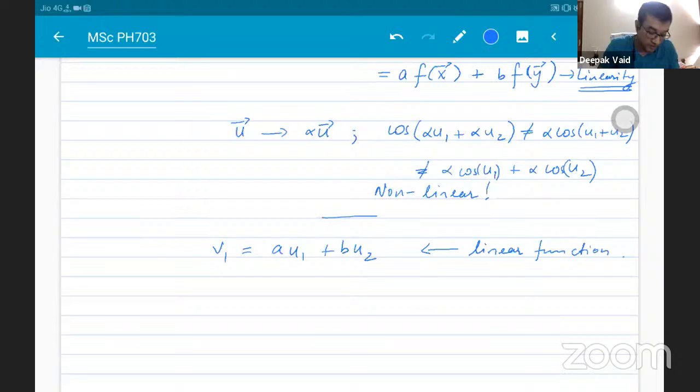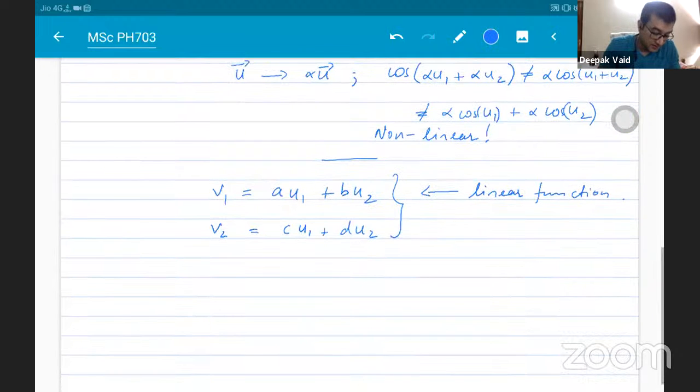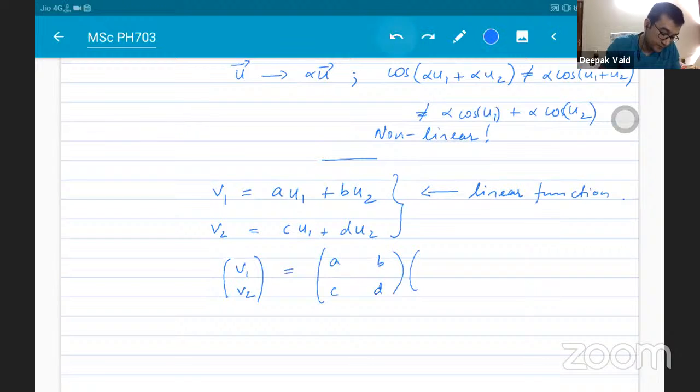It is a linear combination of the components. Right? So we can write this in this form. Right? So what is this? This expression is now